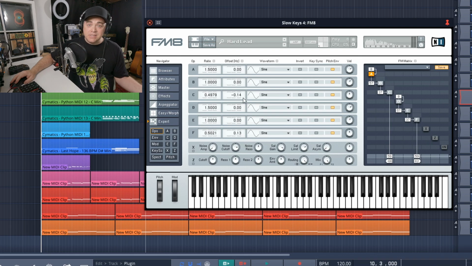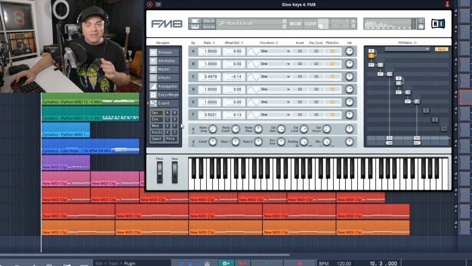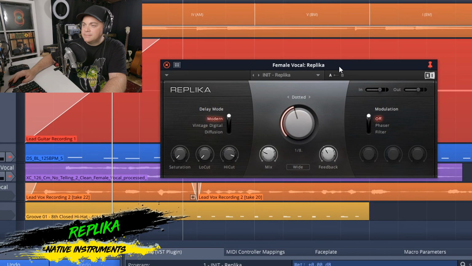Yeah, it's a nice looking synth. It sounds great, and it gives you a ton of presets to get you started, so you can get a real idea of what you're capable of doing with this synth. FM8 is likely going to find its way into quite a few of your projects, maybe even multiple times within that project.